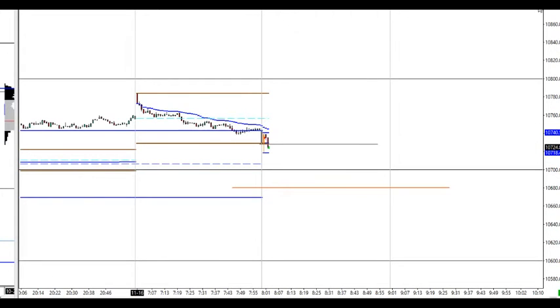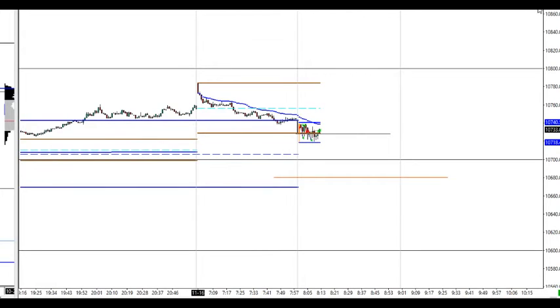Scale out first part of the short position here. Now we need to see if we go further down or if this will hold support here. So price failing to extend lower here. I flattened the position and waiting to see if this will go up to midpoint of initial balance area, then